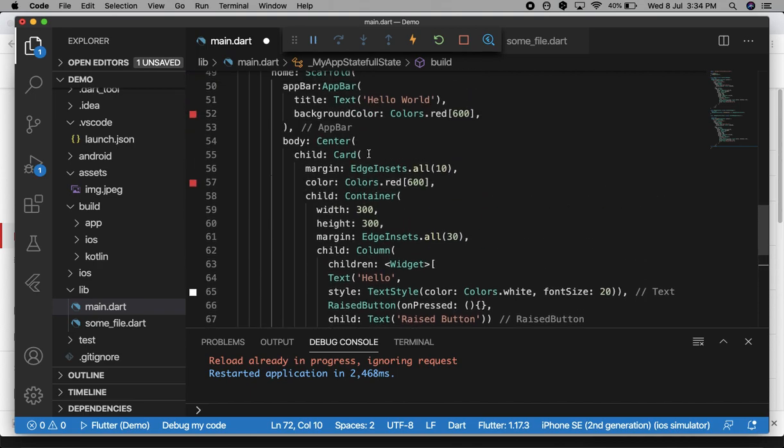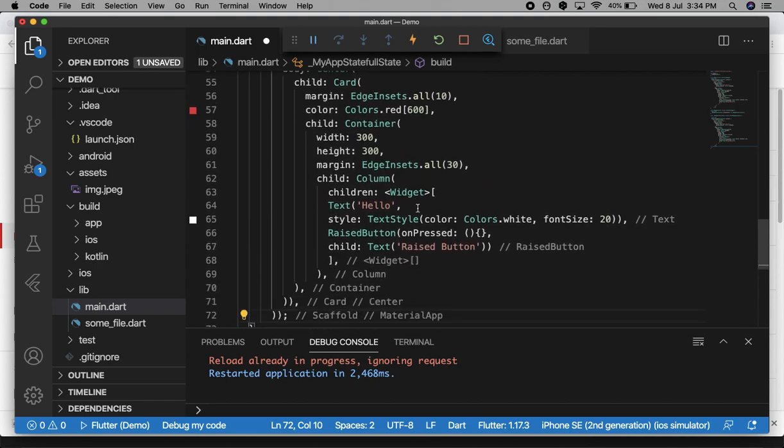Then here is a card, and there is a text widget and a raised button. So we will change this text value when we press the raised button.